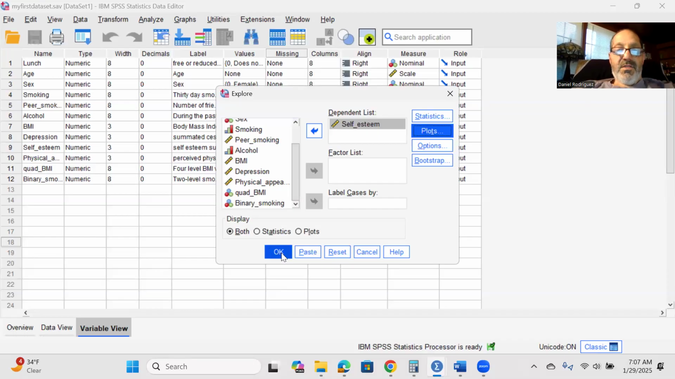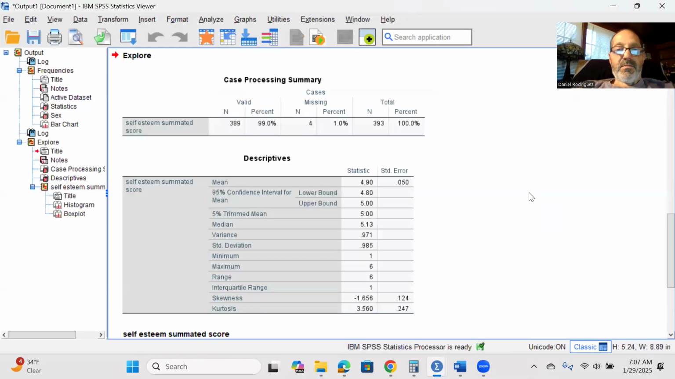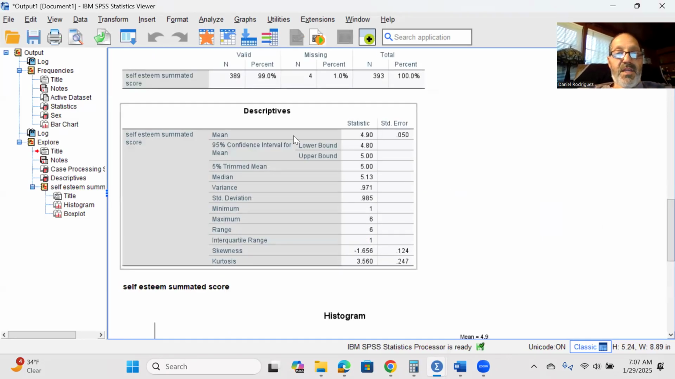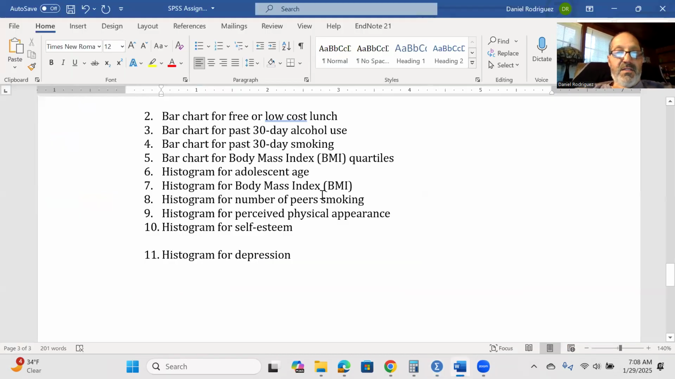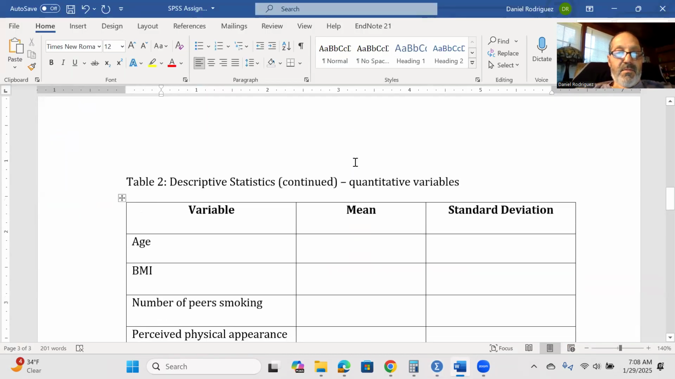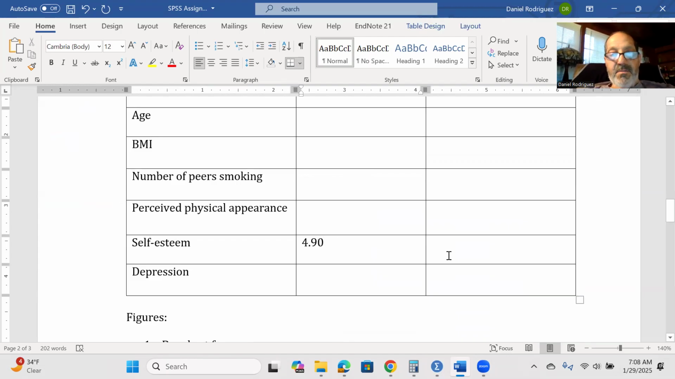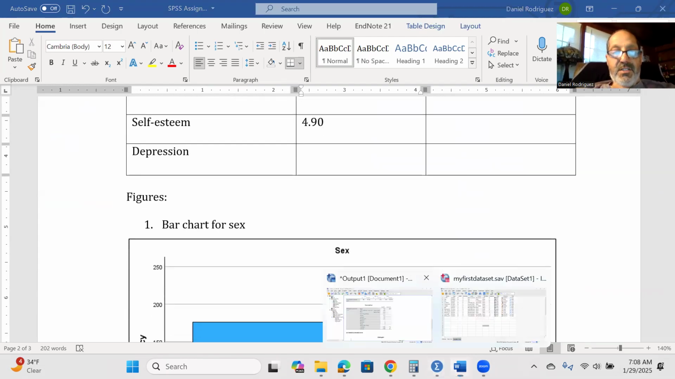So I hit continue, I hit OK. All right, I get a lot of information here on the variable. For this assignment, I just want the mean and the standard deviation. So my mean is 4.9, not the standard error. My mean is 4.90. I'm going to put 4.90 here. And I need my standard deviation,